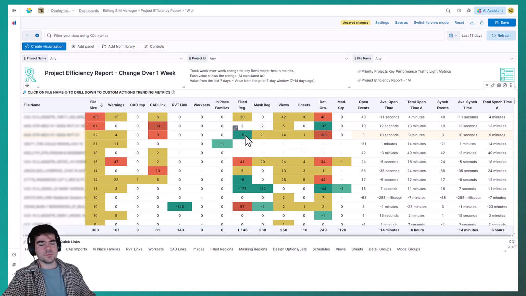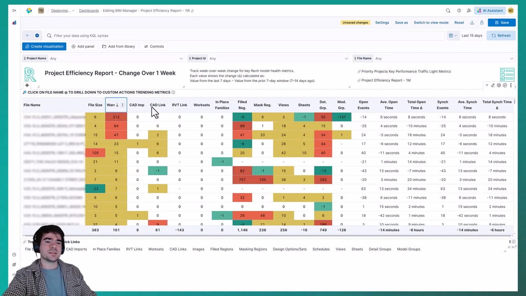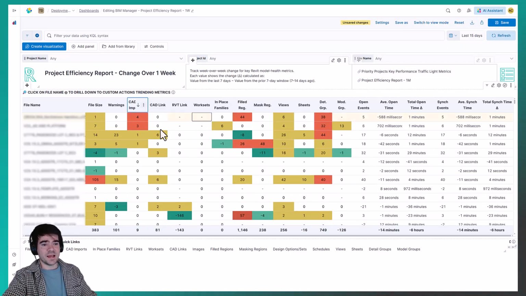Within this dashboard, similarly, we can filter by file size or any of the metrics that we see here. So we can look at which projects have increased the most in terms of number of warnings in the last time frame, which projects have increased the most in the number of CAD imports, for example, in the last time frame. And I can see that in the last 7 days, I have a file that has increased by 4